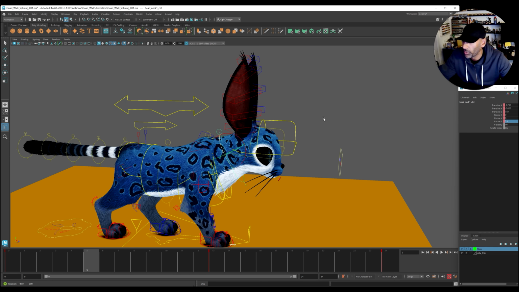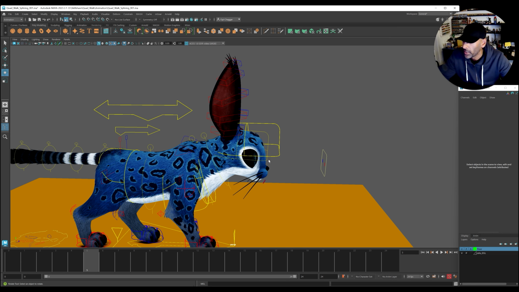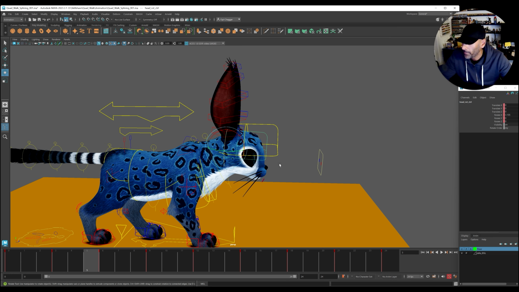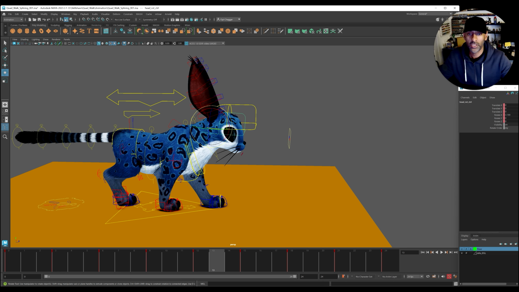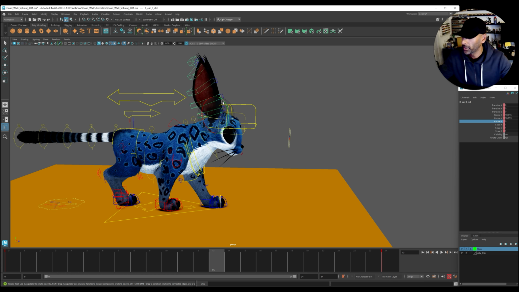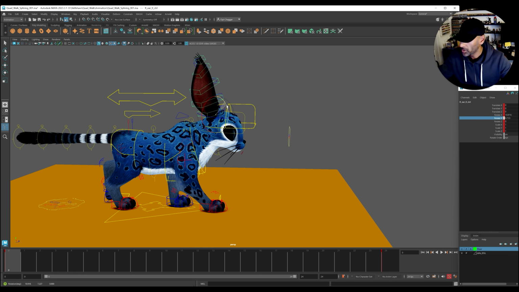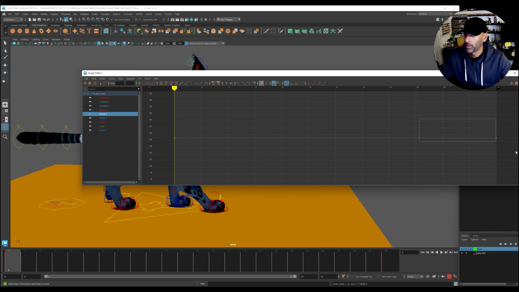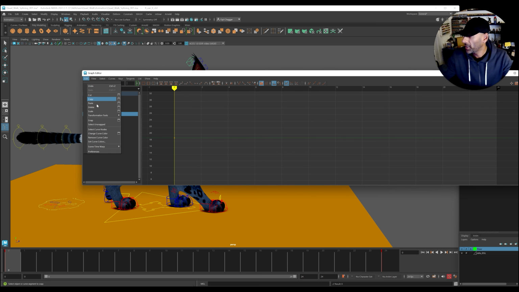Here's a quick way of doing the ears, right? So if we look at the head, the head rotation goes like this. So what I do, I'll copy this. Which one's rotating? I would say this one's going forward, so that's Y. I'll go into Y, delete the end, and just paste